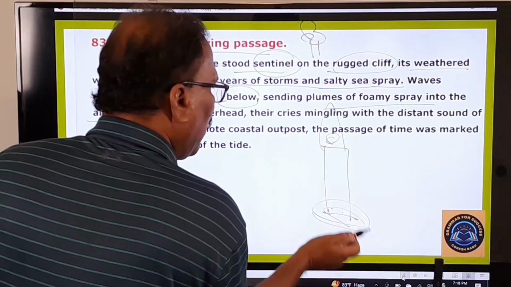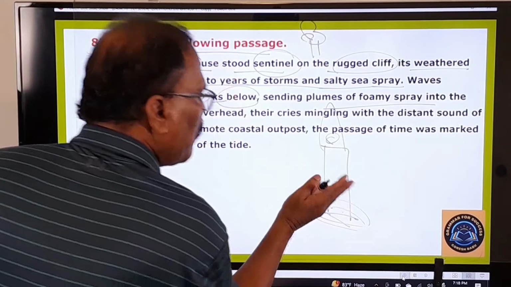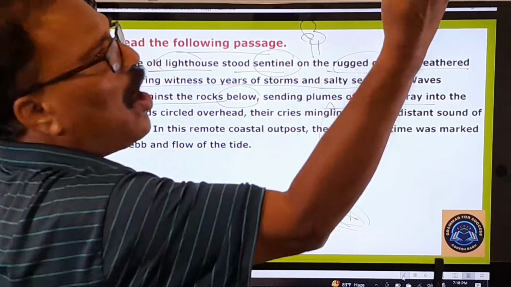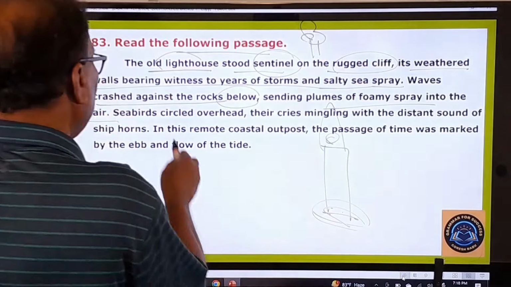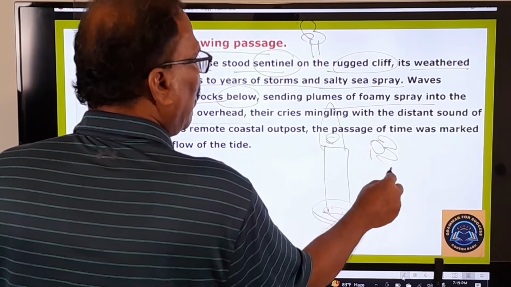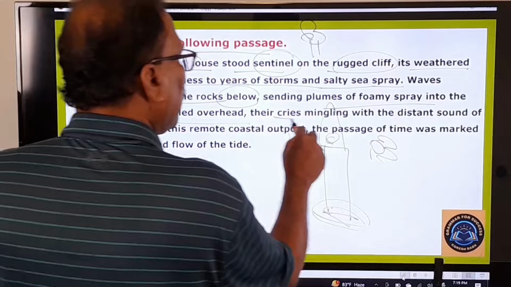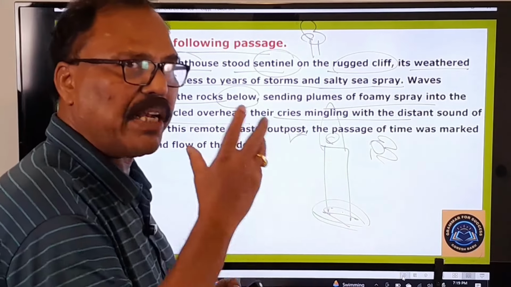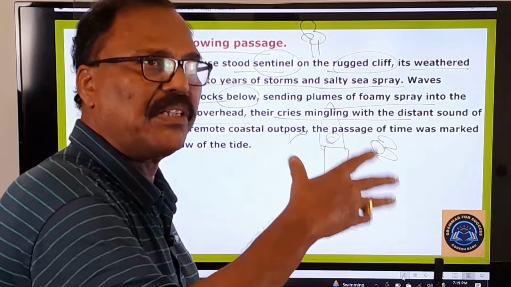And here, when the waves dash against this, what happens? The foam that comes along with the waves will be splashed all over the place. And seabirds circled overhead, and here what is that? Seabirds are there, and they are circling over this lighthouse, their cries mingling with the distant sound of ship horns, and they are also making some kind of sound, and that is getting mingled with the sound of the horns